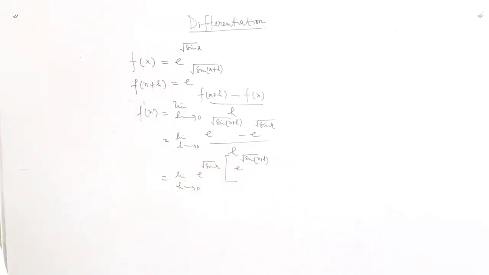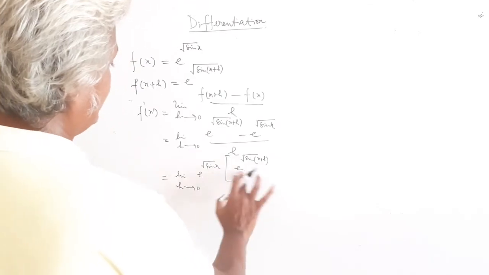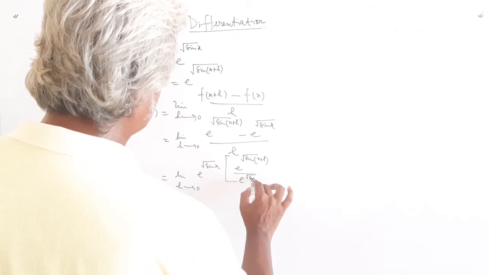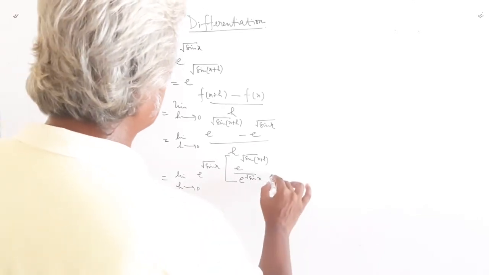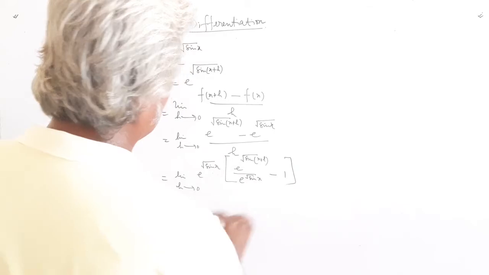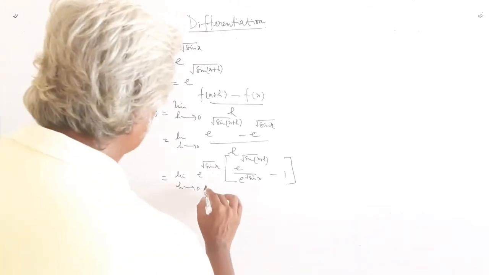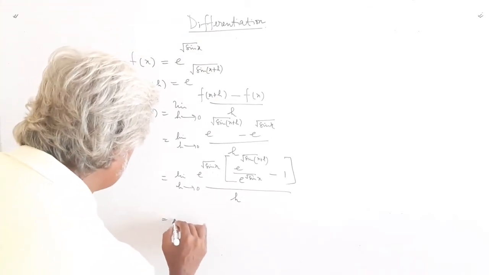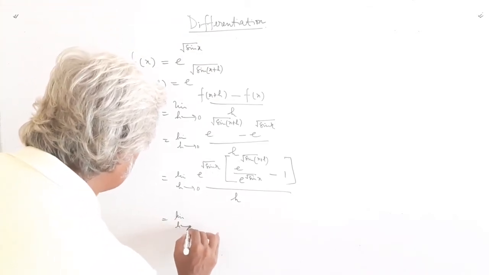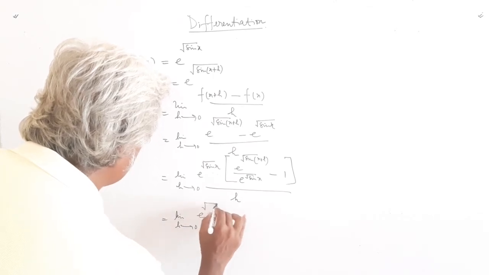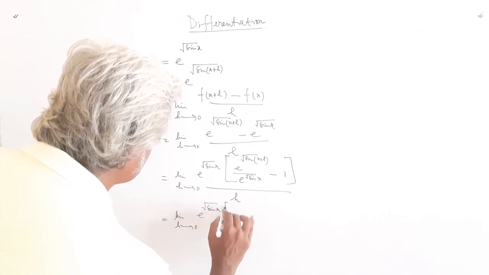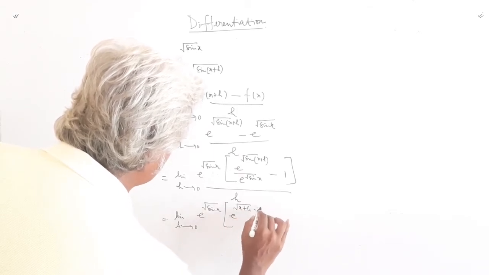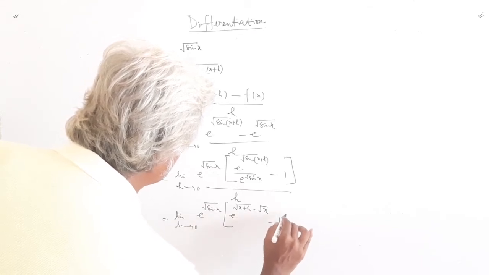Now in the case of indices, when you take something common, it comes over this e to the power root, like this: e to the power root sin x, minus 1, and the whole divided by h. So this becomes limit h tends to 0, e to the power under root sin x. This one can be written as e to the power under root x plus h minus root x, minus 1